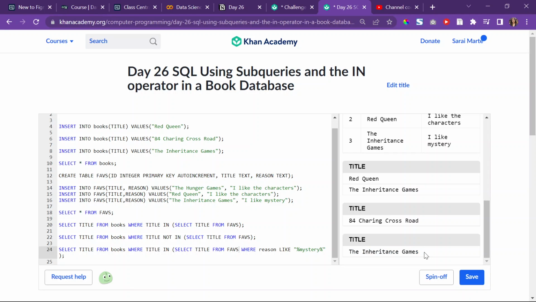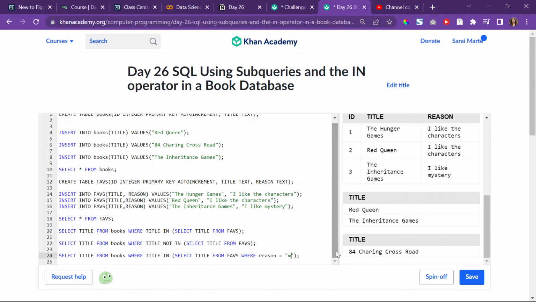So The Inheritance Games is basically the only book that is both in my database that I want to read and want to buy, and also in the person's favorites. And the reason that the person liked it is for mystery purposes. And like is an operator that, in comparison to equal, I could have done where reason is equal to, if I did reason equal to mystery, it wouldn't work because it's looking for an exact match. And so I would have had to just literally copy this and paste that,